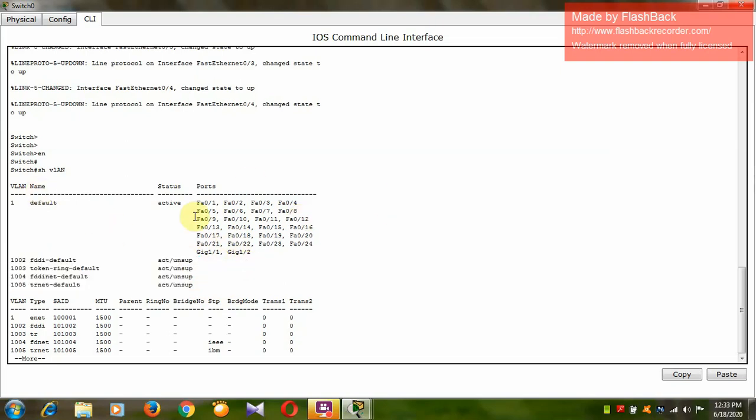Now whichever the 4 ports we are having, all these ports are under the VLAN 1.